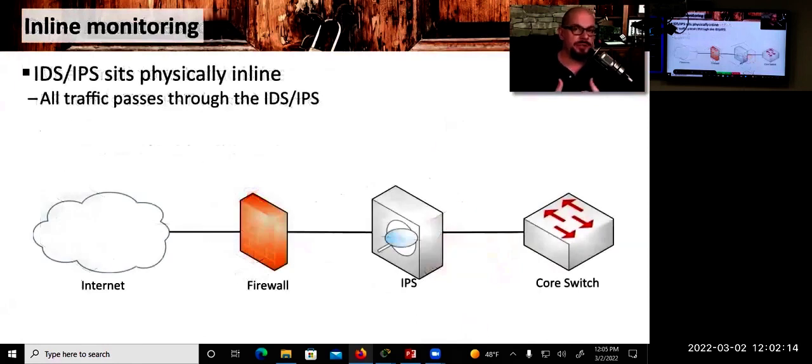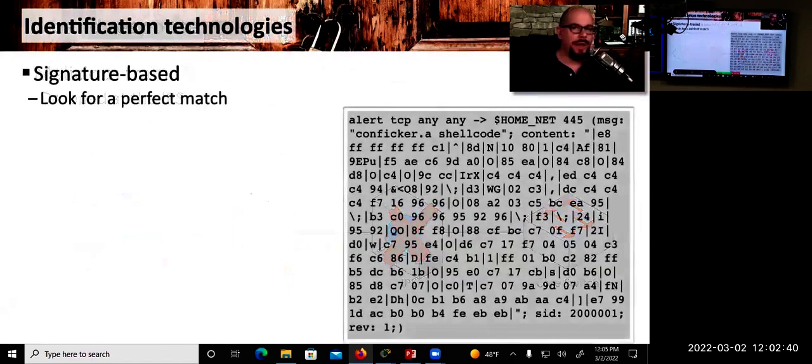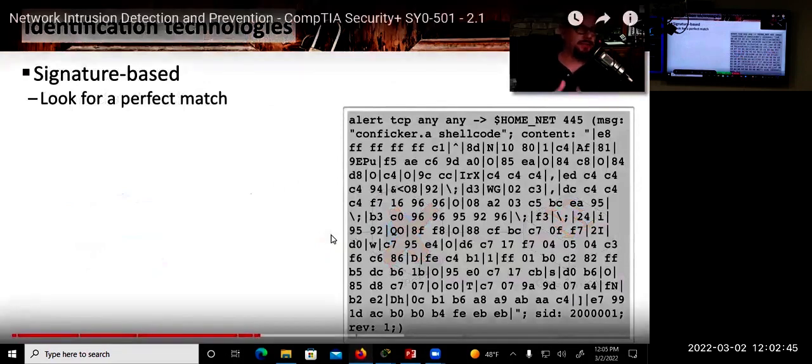If a security professional is looking for more control over these traffic flows, then they'll probably configure their IPS for inline monitoring. All traffic then is going to pass through the IPS, and the IPS is going to make a decision on whether that traffic is allowed through the network or not. Because the IPS is sitting in line, the response to any type of malicious traffic will be to drop this immediately at the IPS and not allow it to traverse the network. There are many different ways to look for malicious traffic going through your IPS, and not all IPSs will use all of these methods. One of the most